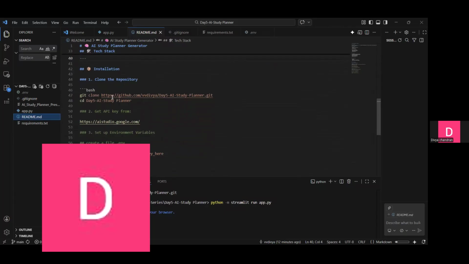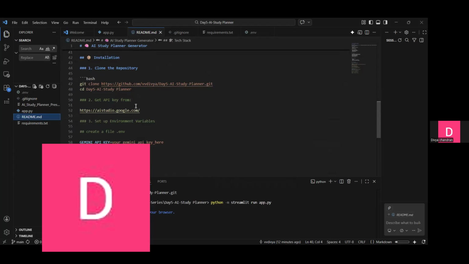First step, git clone. Git should be installed in your system. If not, please install it. Then git clone this repo. Then go to